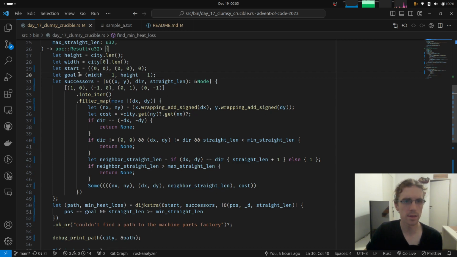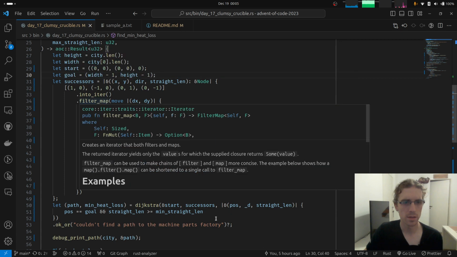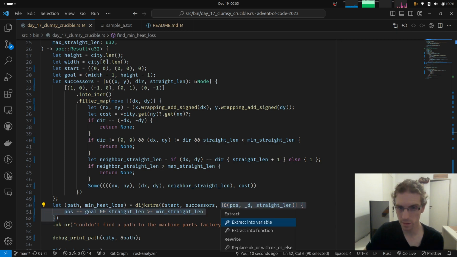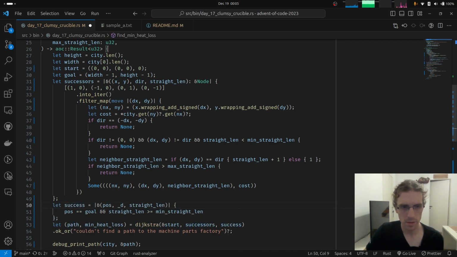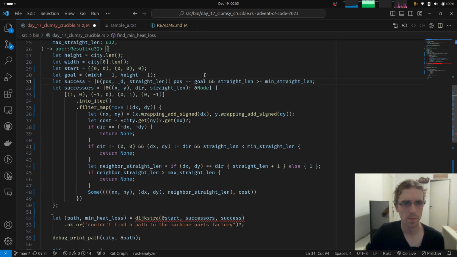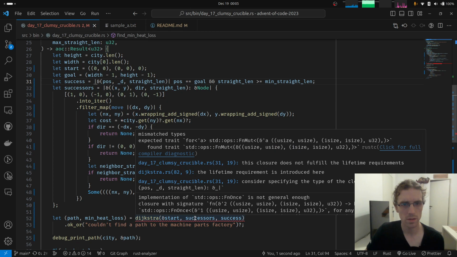We're passing the start, the successors, and also this is the success, I think it's called, extract into variable. Yes, this is the success function. I want to move this thing up here, I guess.